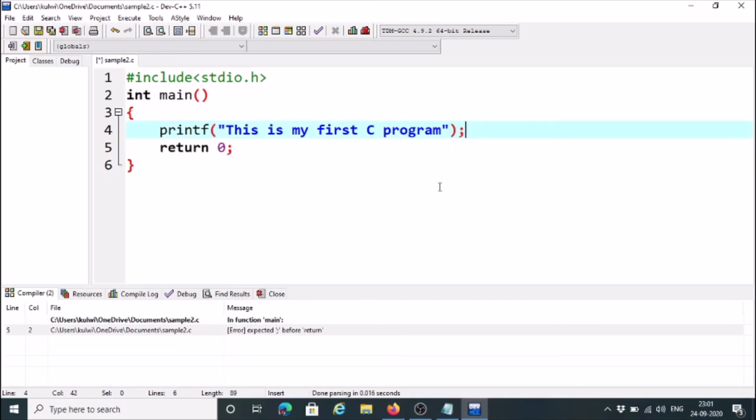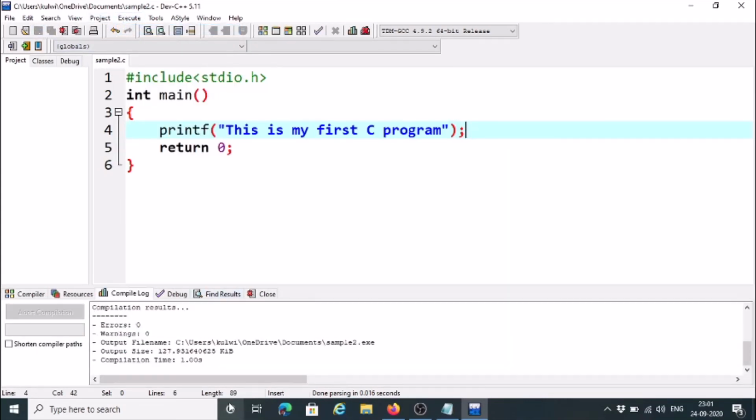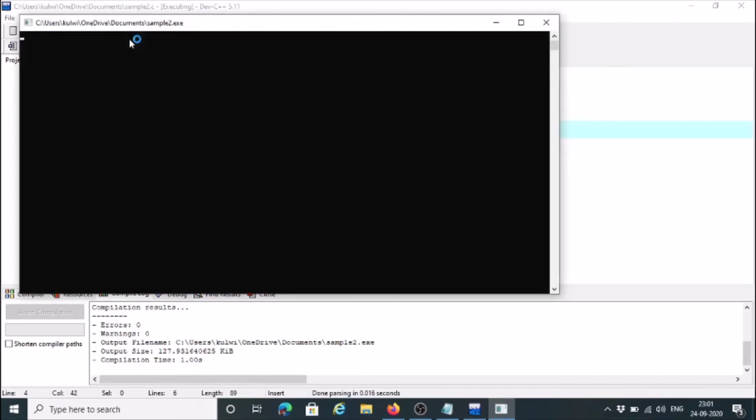Just remove the error, again save, execute, compile, and once it shows 0 errors, 0 warnings, just go to execute and run. So output window will appear, which is known as console in technical language, and output message will be displayed over there.